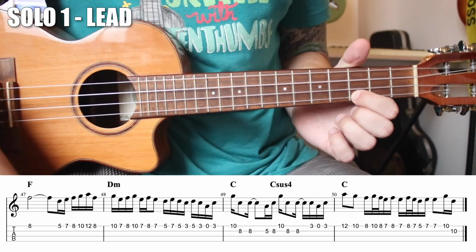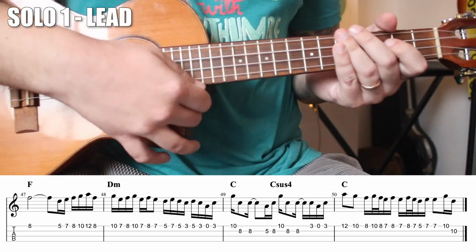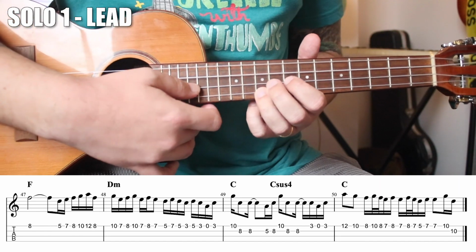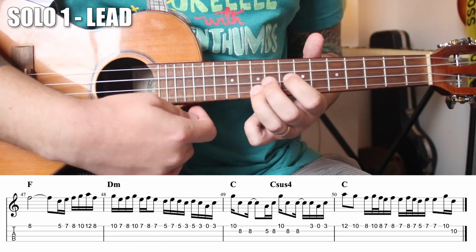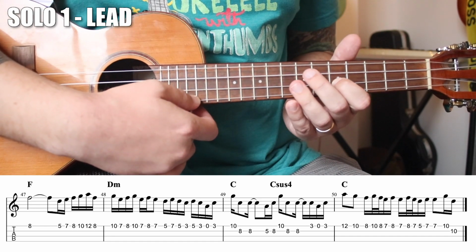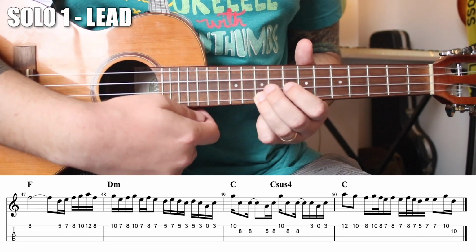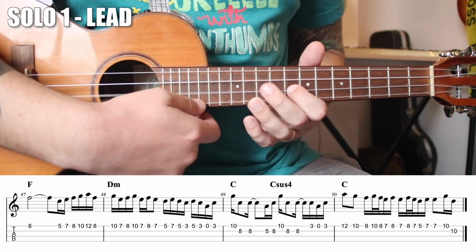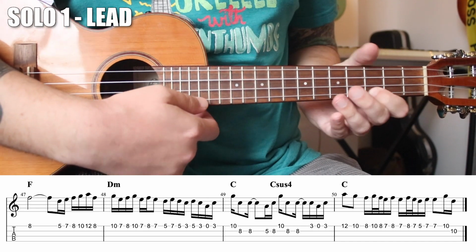All right, 2 more measures and we're done with the song. Next one here, 10th fret. Then you're going to go 10 down to 8, 8 on the E, down to 5, back up to 8, then 10. 8, 8, and then you're going to go all the way down here to 3, 0, 3. So you get